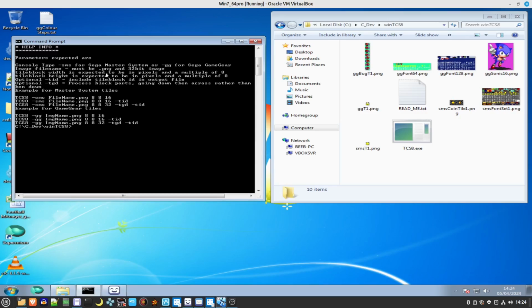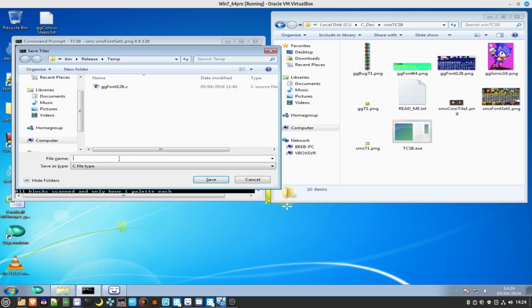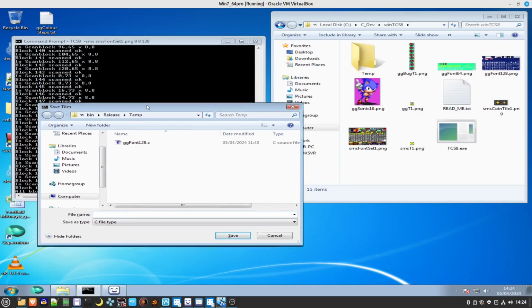So first off, you put in the name of the exe, then the image, then which console it is that you wish to convert the image to. So we'll start off with the Sega Master System font set 1. Then put in the tile widths and the tile heights, and then you put in how many of them there are and press return. And if everything's fine, it should create a temporary folder,